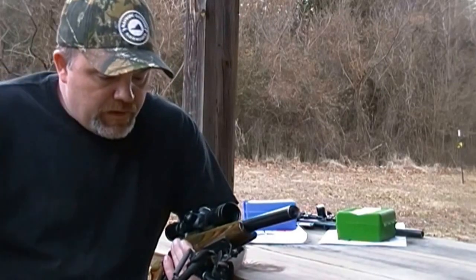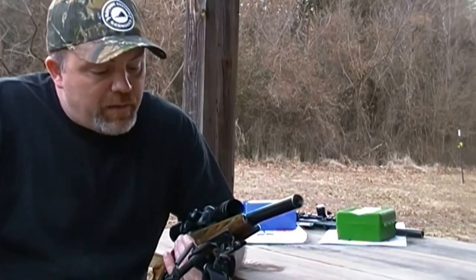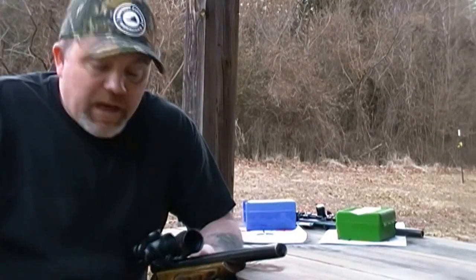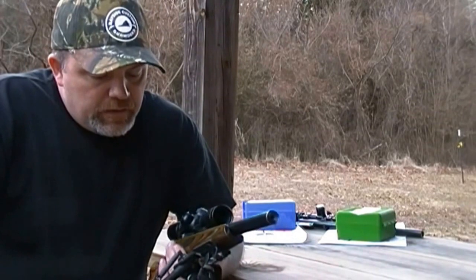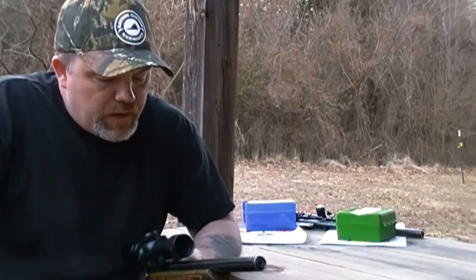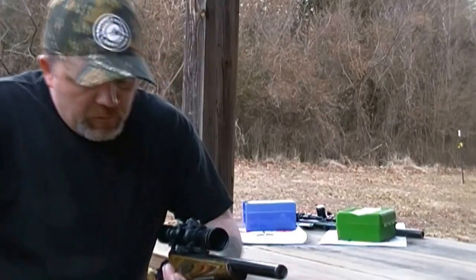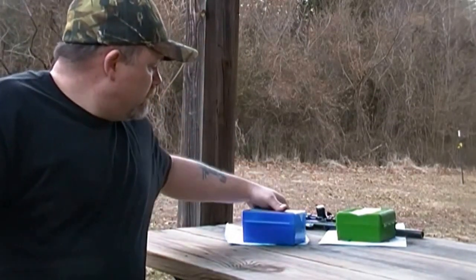Again, this one sports a custom grip set and forend made by Dave Dolan. Goes by Dave D on Specialty Pistol Forums, a wonderful grip maker, and I have plans down the road for another custom grip for another Contender, for my son's Contender. But as promised, before we get into showing you the groups,